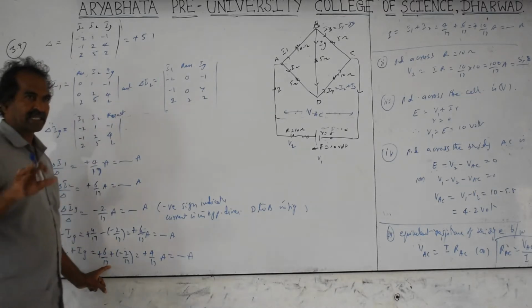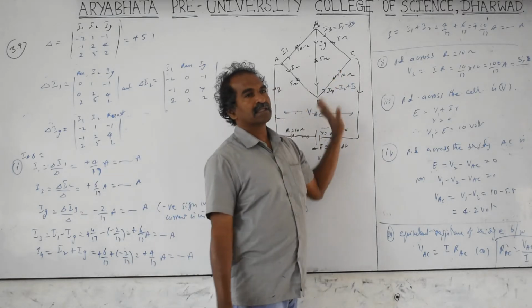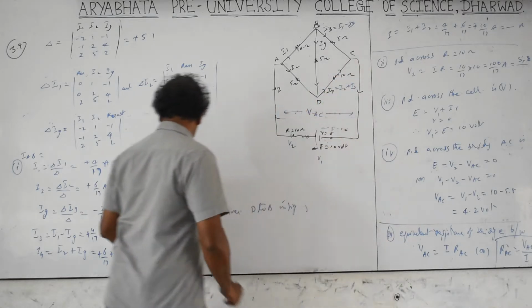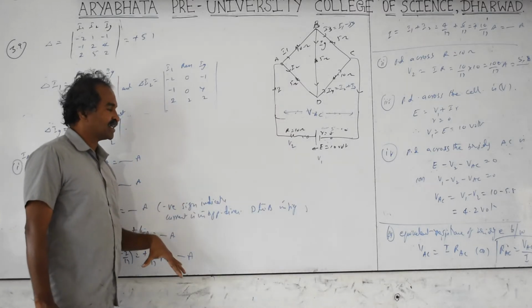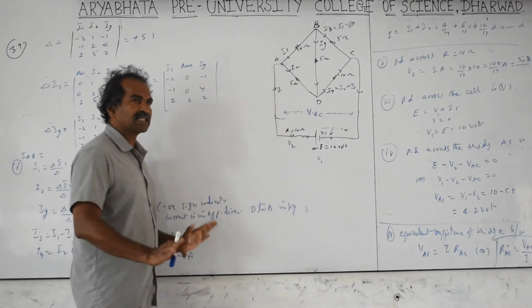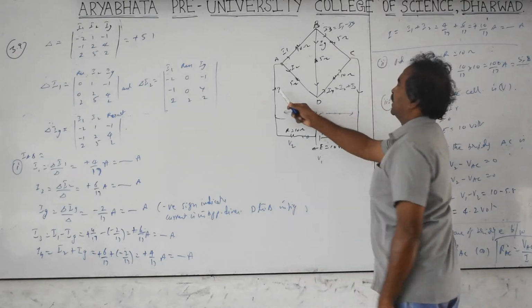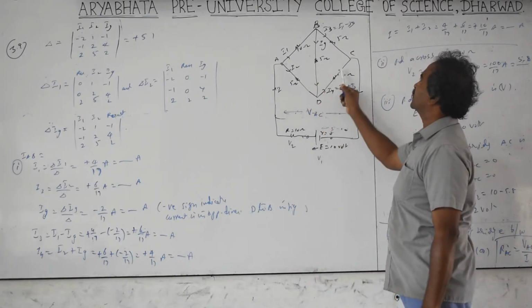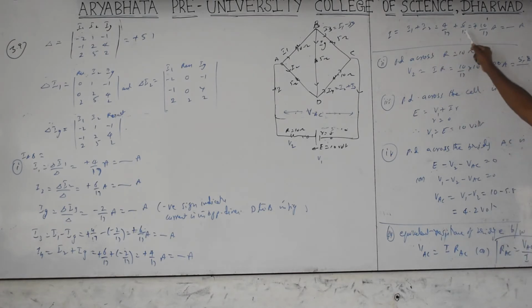If the textbook shows the arrow like this and you get the result as minus, that means the opposite direction. Ig is negative, so you have to mention that. Negative is an indicator that the current is in the opposite direction than imagined; the actual direction is from D to B. Next, I equals I1 plus I2, or I equals I3 plus I4; both give the same: 4 by 17 plus 6 by 17 equals 10 by 17 amperes.